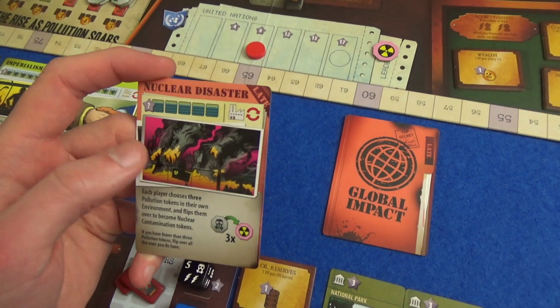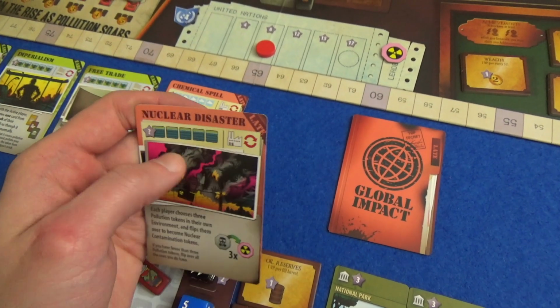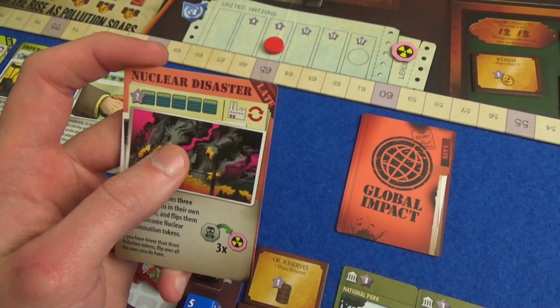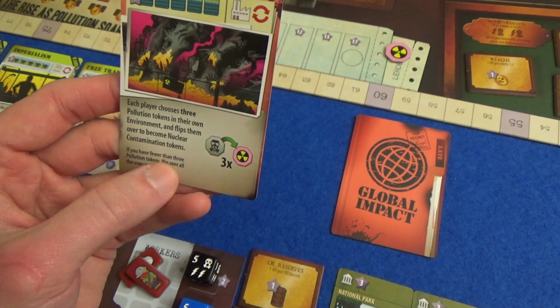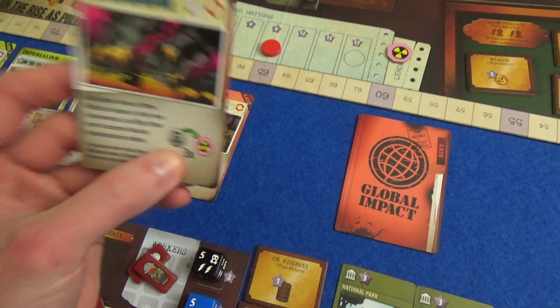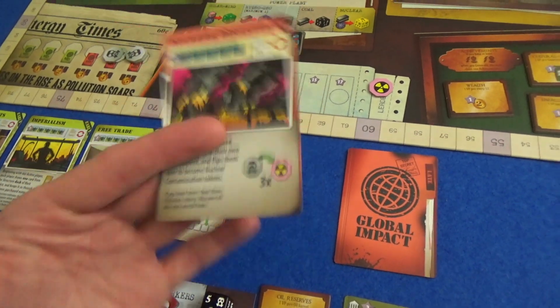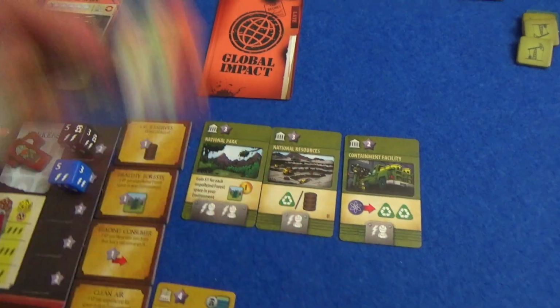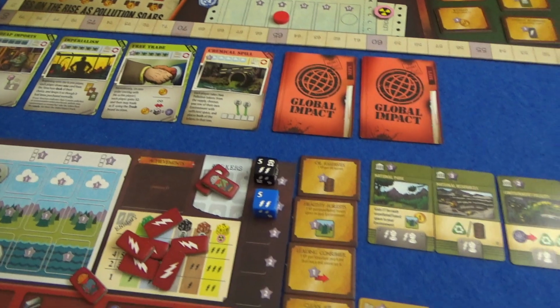Nuclear disaster, oh no. So the sea is going to be scored, so I need to clear that out. The industry is going to be cleared, which I don't care about. But also, each player chooses 3 pollution tokens in their environment and flips them to become nuclear contamination. Nuclear contamination takes 2 cleanups to get rid of. You flip it back to pollution and then you can get rid of it. So ideally,